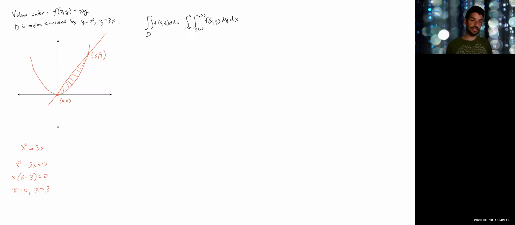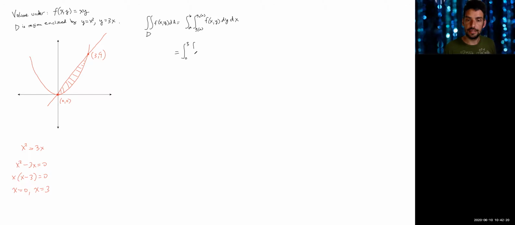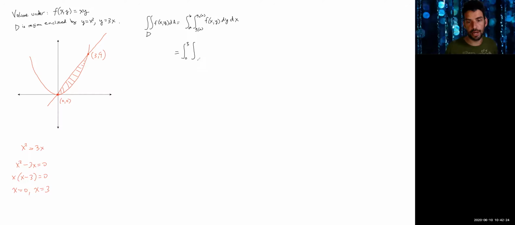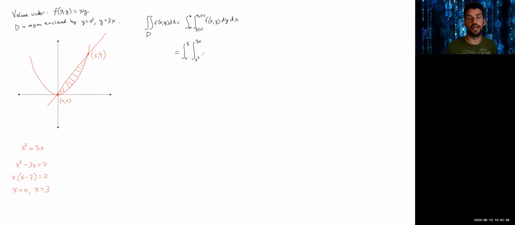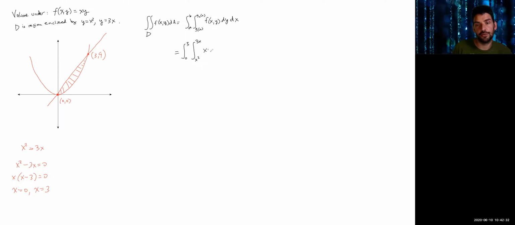Looking at this picture, I see x is going from 0 to 3, and y is bound below by x squared and above by 3x. And then we have the function xy, dy,